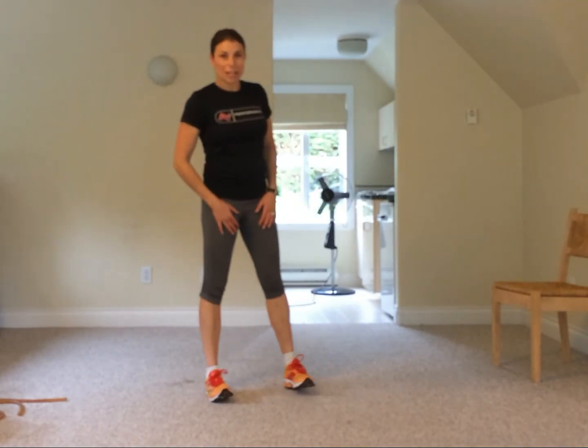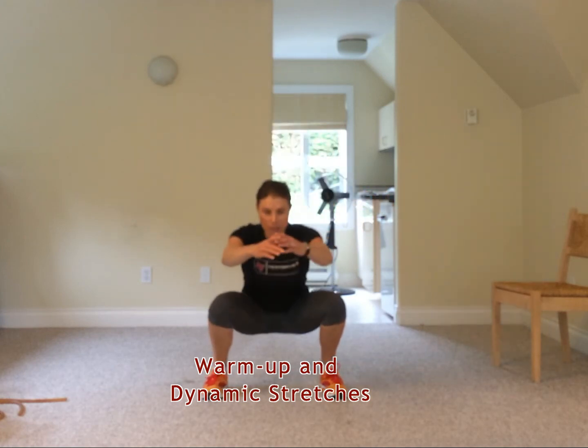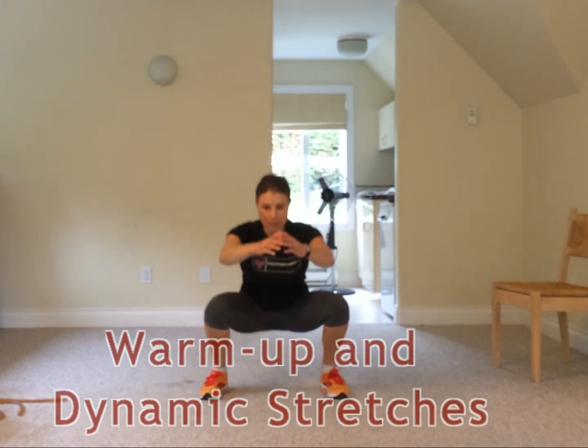Okay, so what I would like you to do to warm up, just some basic movements to get us nice and warm. Let's start with your feet stacked a little bit wider than shoulder width apart, and we're going to go 10 squats as deep as you feel comfortable. Let's think about the core and the Kegel. So if you don't feel you can go as deep as me, just go to your comfort level through the warm-up. 3 more. 1, 2,